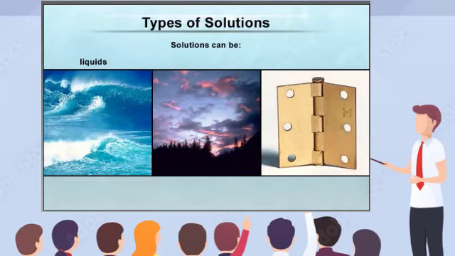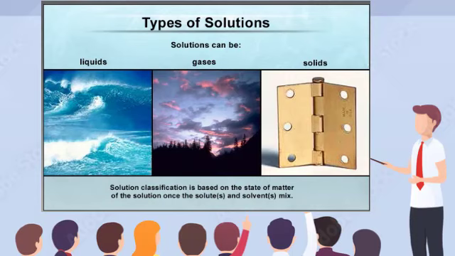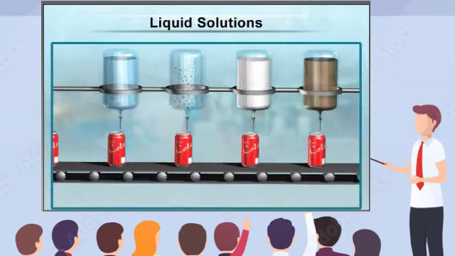Solutions can be liquids, gases, or solids. Classification of a solution is based on the state of matter of the solution after the solute and the solvent mix. For instance, liquid solvents are capable of dissolving gases, solids, and other liquids to form liquid solutions. In fact, soda is a good example where the three states of matter are blended into one state. To produce carbonated water, which is the main ingredient in most sodas,